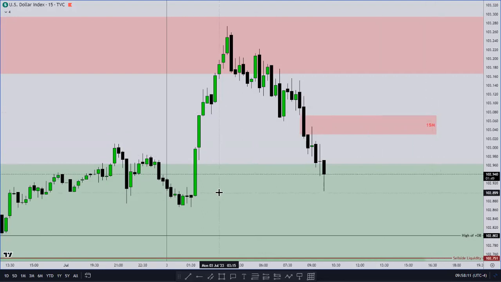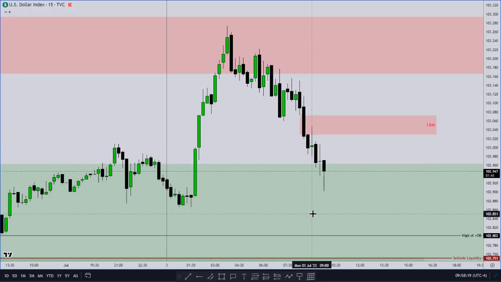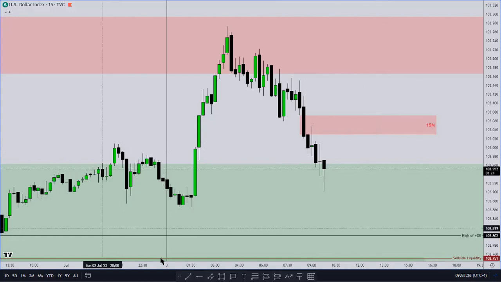So yeah, we had this huge BC here. We repriced to fill that BC. Now I think it's okay if we retrace up to this 15-minute fair value gap and the mitigation block. It's valid. I mean, it will be according to market structure. There won't be anything that is